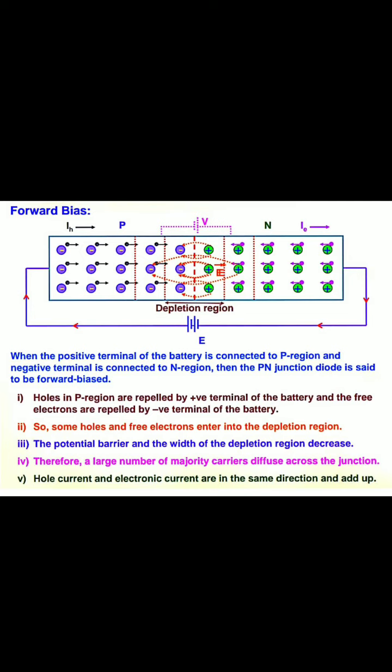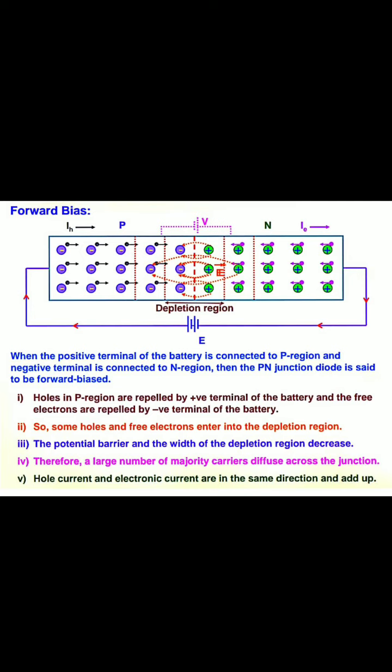As the depletion layer decreases, consider the first dotted line, which included two immobile charges in the P side and two immobile charges in the N side. After this repulsion, you see another dotted line, which means the depletion layer has decreased due to the repulsion force. If the width of the depletion layer decreases, the potential barrier also decreases. So a large amount of majority carriers now diffuse across the junction from P to N side and N to P side.